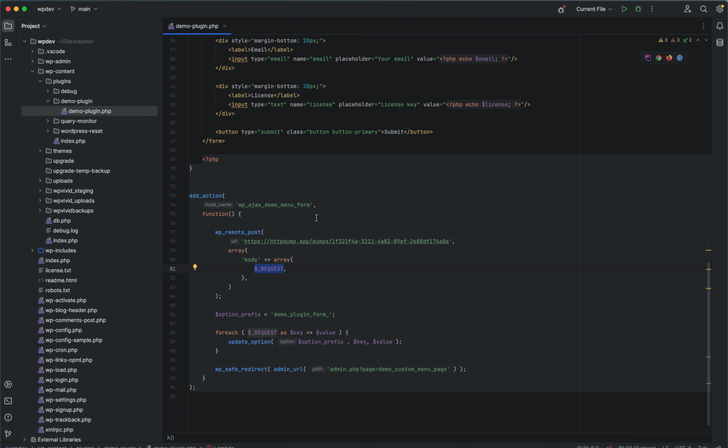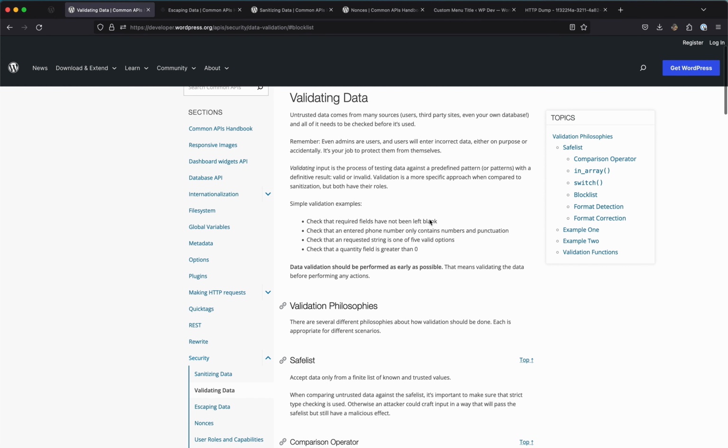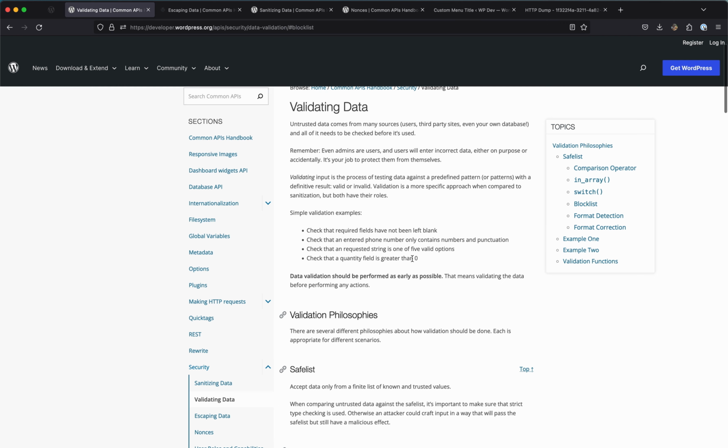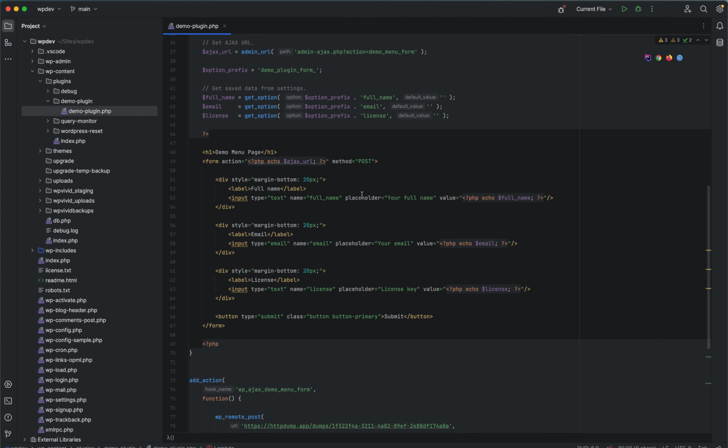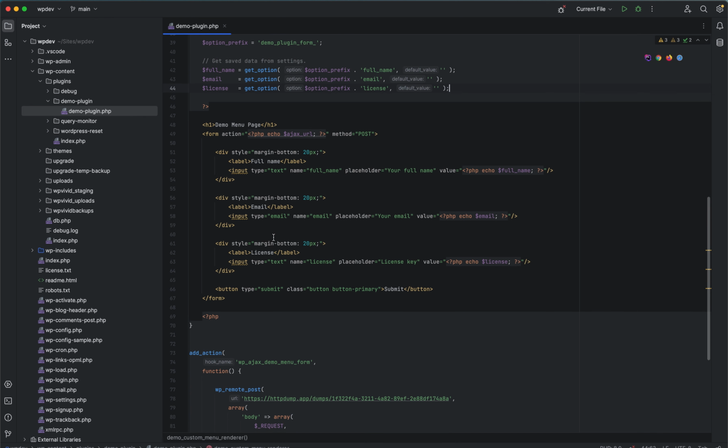So in terms of validation, as I mentioned earlier, it needs to be a predefined set of pattern, so that we know what's going to be there, and if that doesn't happen, we can simply exit out of that scenario. So in terms of validation for this specific form, we know that the full name will have to be a text, or the email has to be an email, or let's just say when the form submits, we can have a validation. So validation and escaping and sanitization